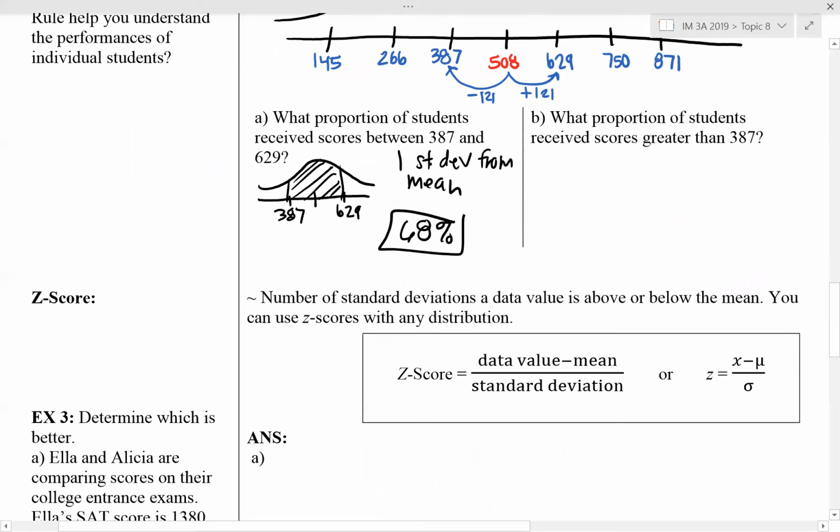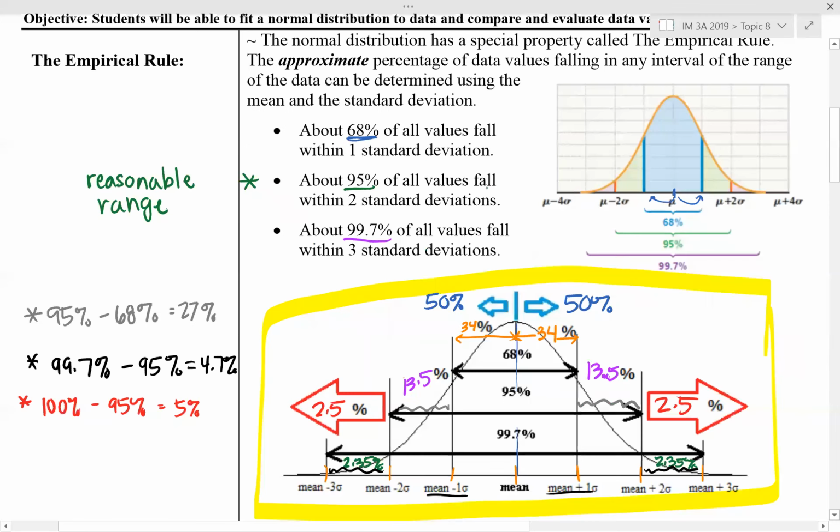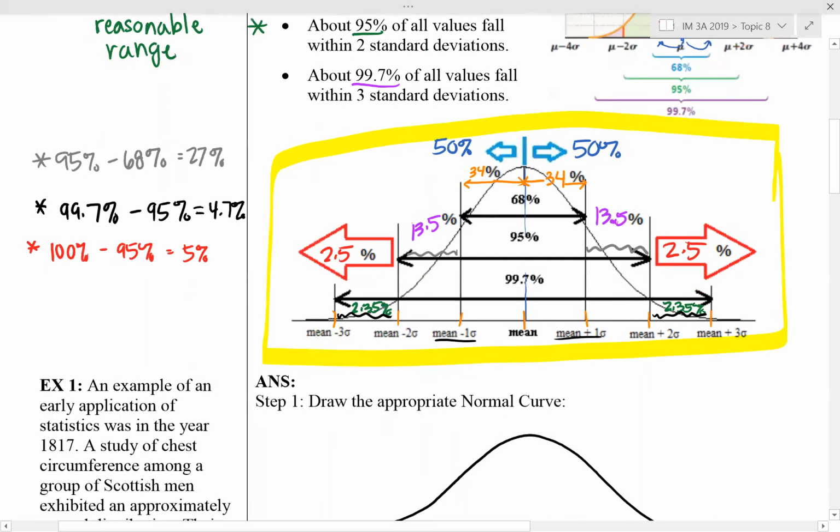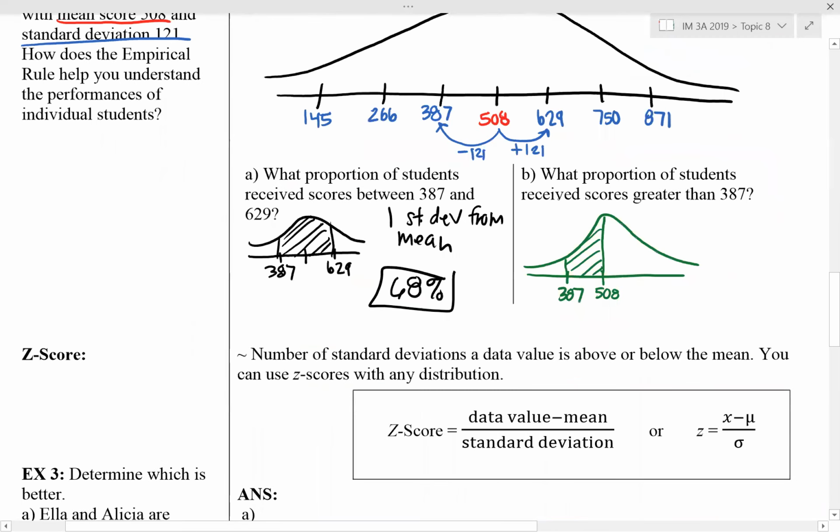For B, what proportion of students receive scores greater than 387? So if we look at this, 387 is 1 standard deviation below the mean. What we can think about here is, I know that this portion is this portion here, that's that 34%. So that means that 34% of the data fits between the 387